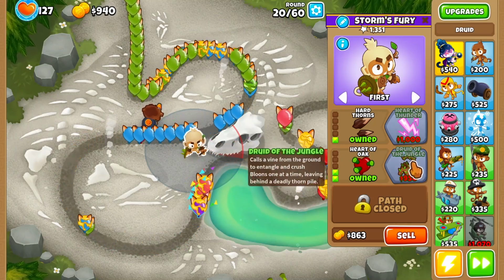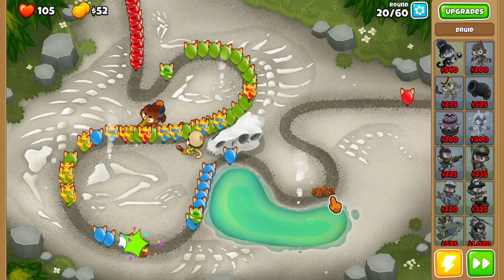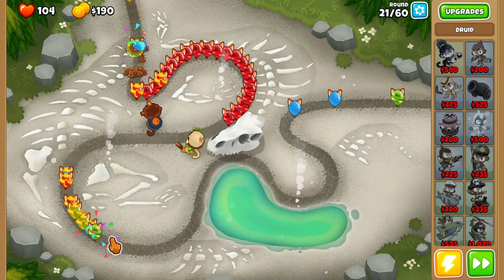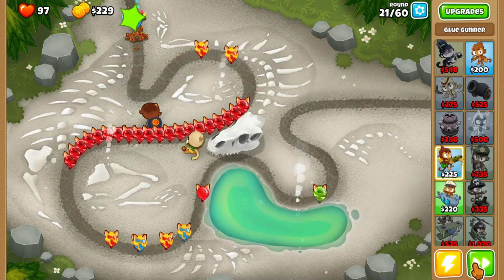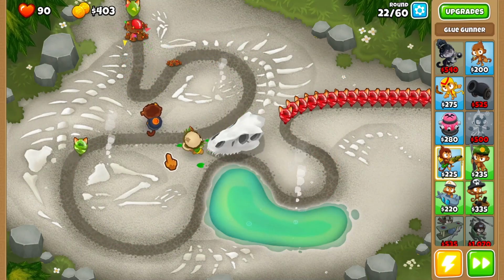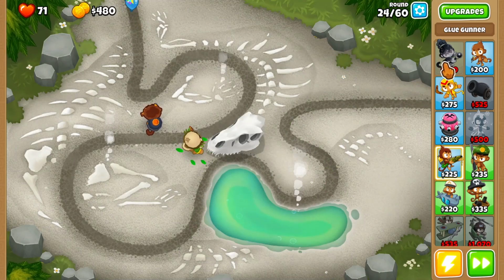Yikes. Man, we are leaking a lot of balloons. There we go, but now we have Druid of the Jungle, so as you can see, he is now able to grab balloons and then leaves a bit of vines on the track. Oh, we have no camera detection. That is fine. We'll leak 1 camera balloon, and then we should, okay, 2 camera balloons. No, actually a lot of camera balloons. Okay, yeah, we're leaking a lot, but